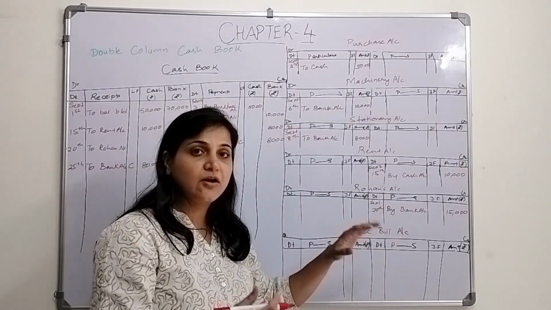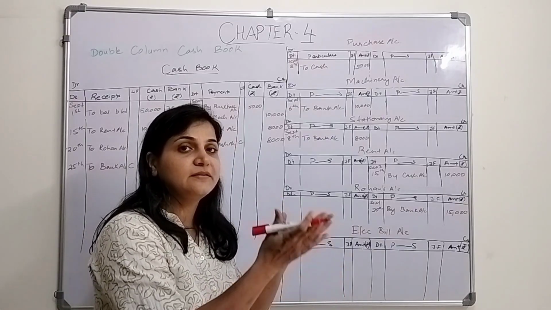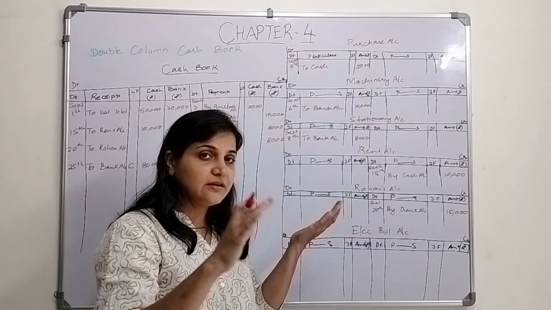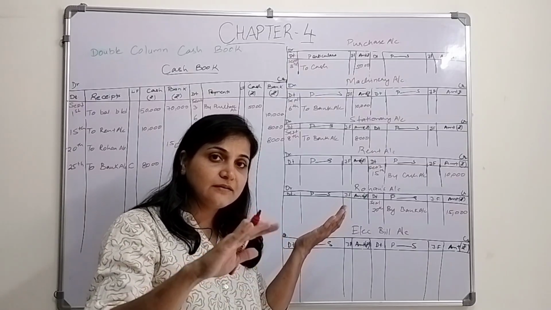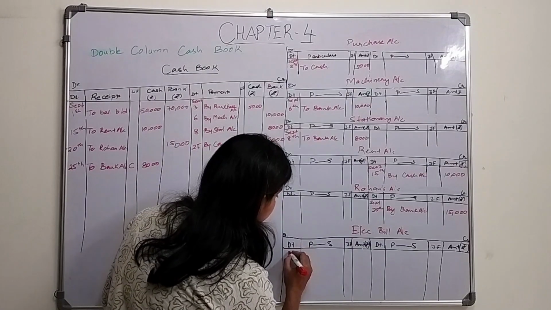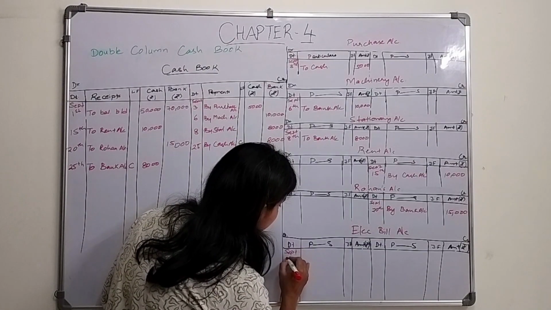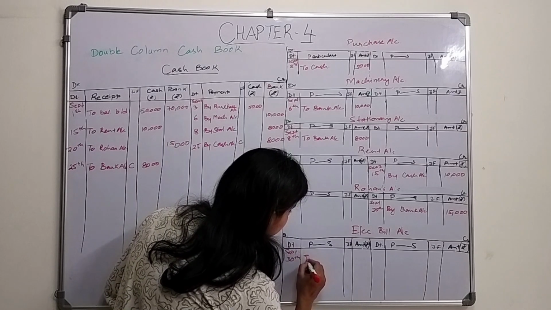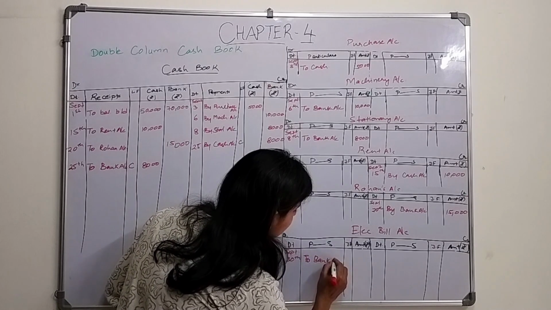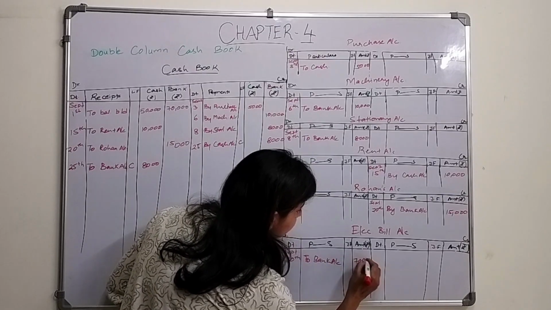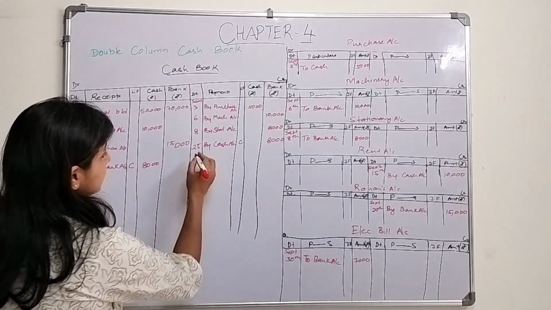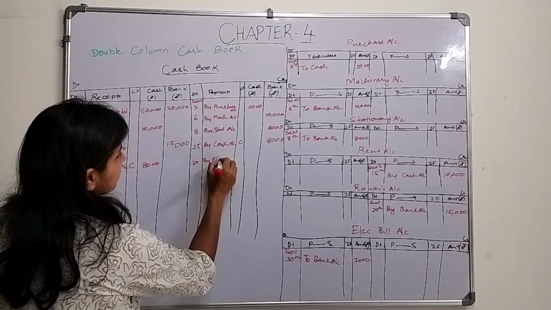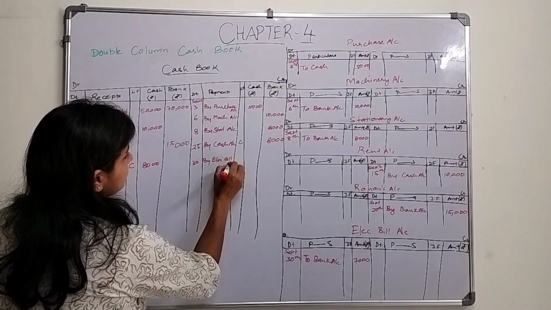So electricity bill account will be debited. It's an expense. Expense increases. Debit the expenses. Payment, cash, check, it's bank. The asset decreases. Credited. Okay, electricity bill, I am paying through check to bank account 7,000. Okay, similarly here I will write by electricity bill account